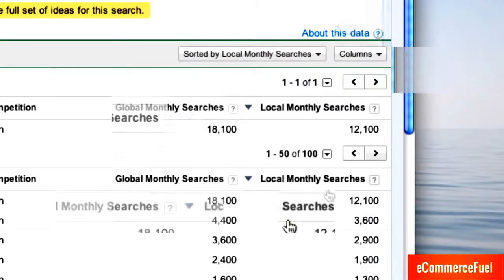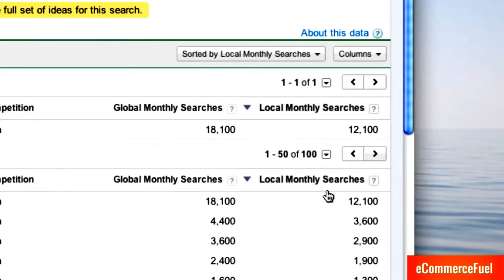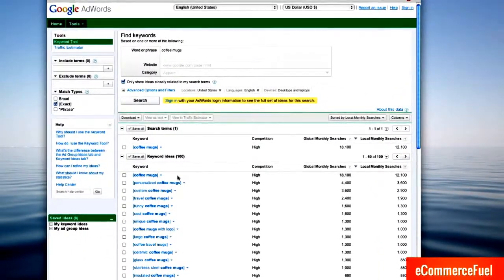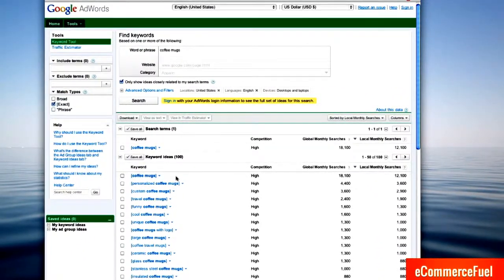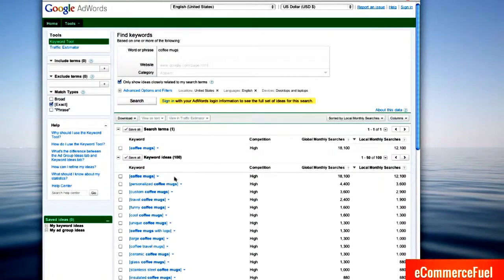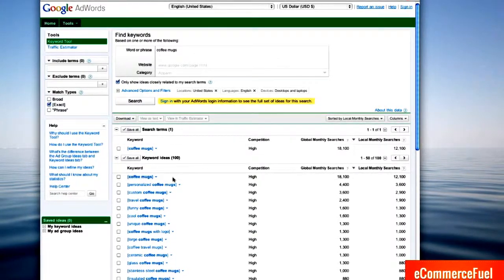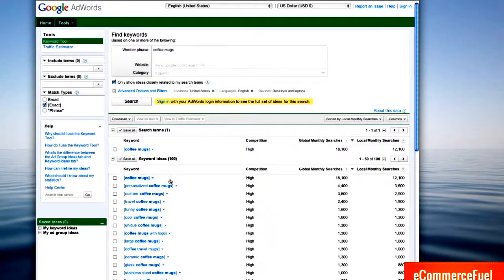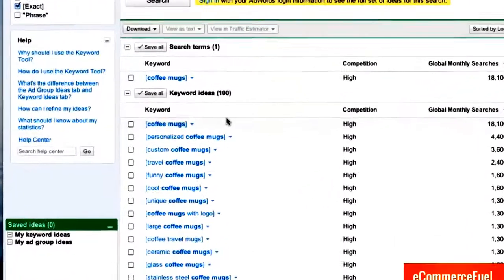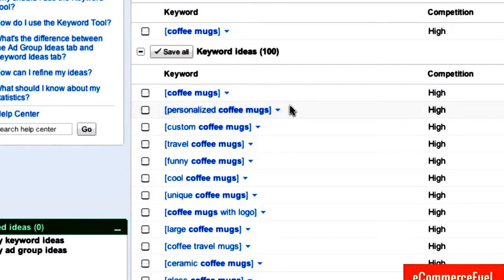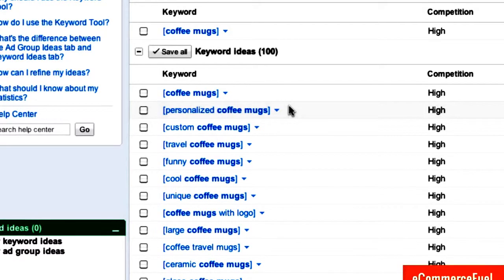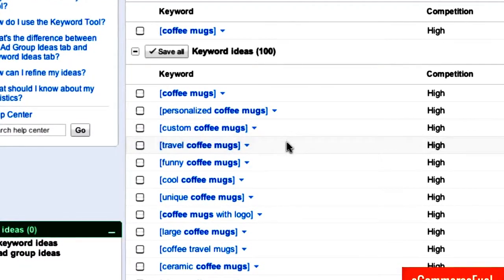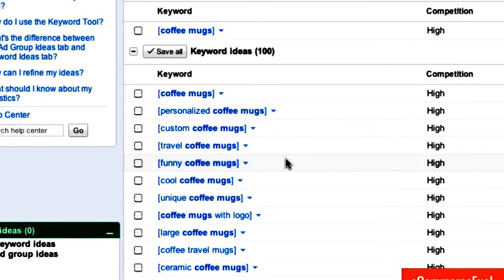A little depressing. But the good news is you're not going to get the majority of your traffic from this #1 money term, is what I refer to it as, kind of your root term. Where you're going to get probably 80 to 90% of your traffic is in the long tail variations of that term. So for example, we've got coffee mugs here, but listed below that, the second highest volume query is personalized coffee mugs with 3,600. Custom coffee mugs, travel coffee mugs, funny coffee mugs, and these are what I refer to